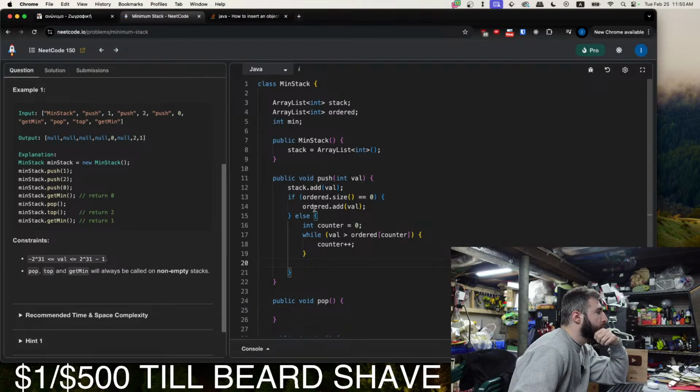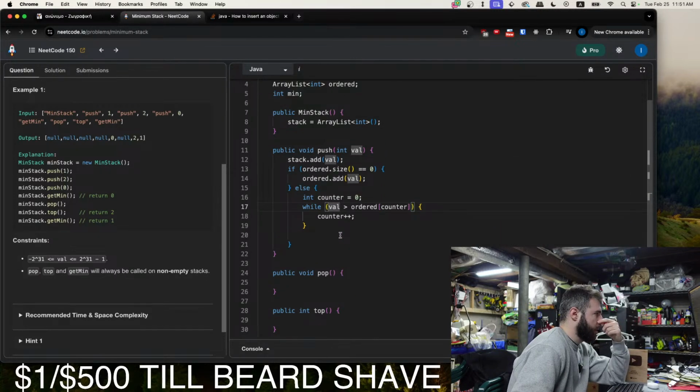Because this push needs to be O of 1. But if we're going through the entire array list, I wonder what the solution is.